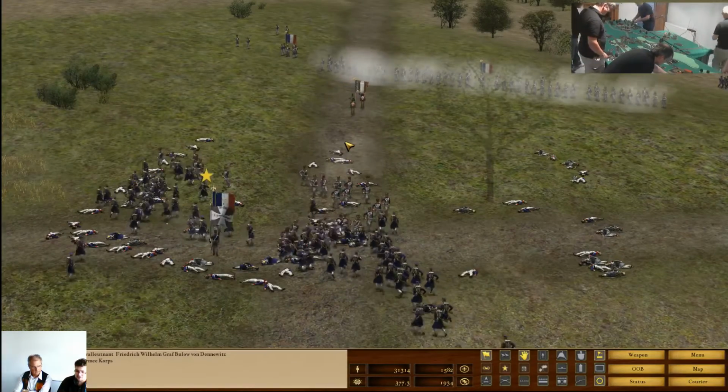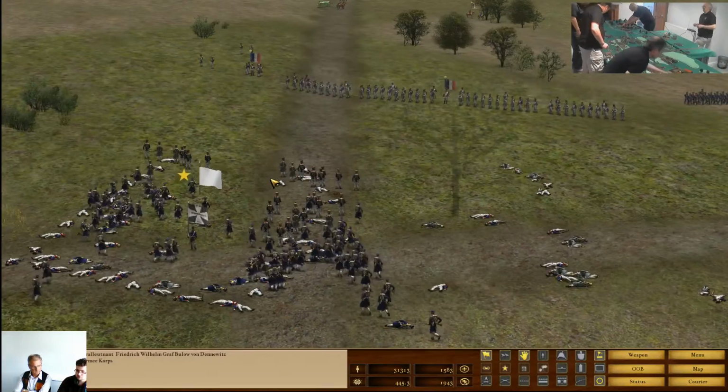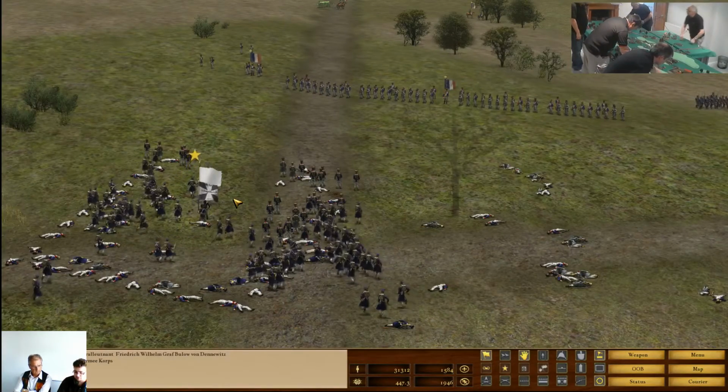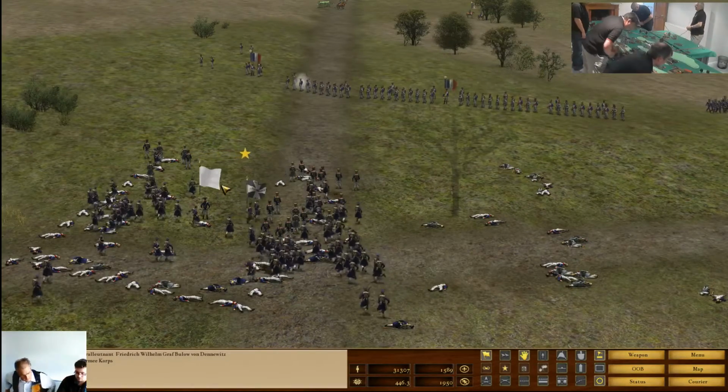One of the options in this game is to have your troops switch between fire at will or the volley fire. Could you explain a bit how these different fire modes were used? Yes, well,